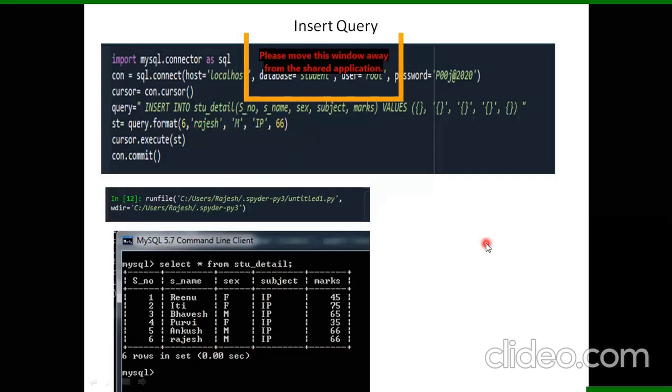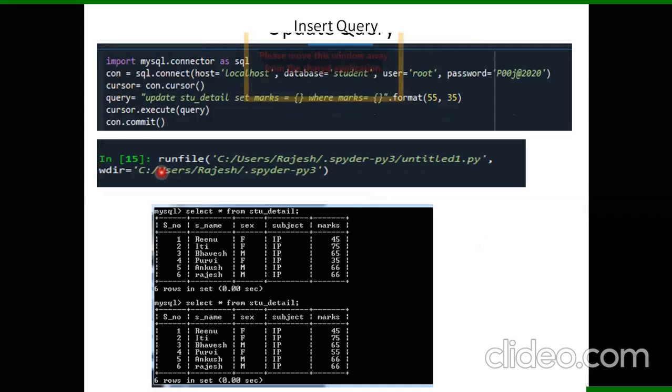So this is the way you can insert your record into any of the tables. The only thing is you can use old styling or new styling, whatever is preferred by you. I have used new styling over here. You can try with old styling as well. The only change over here is you have to commit once you have executed your query. So this is what we have done in the insert example. Just have a look at update also.